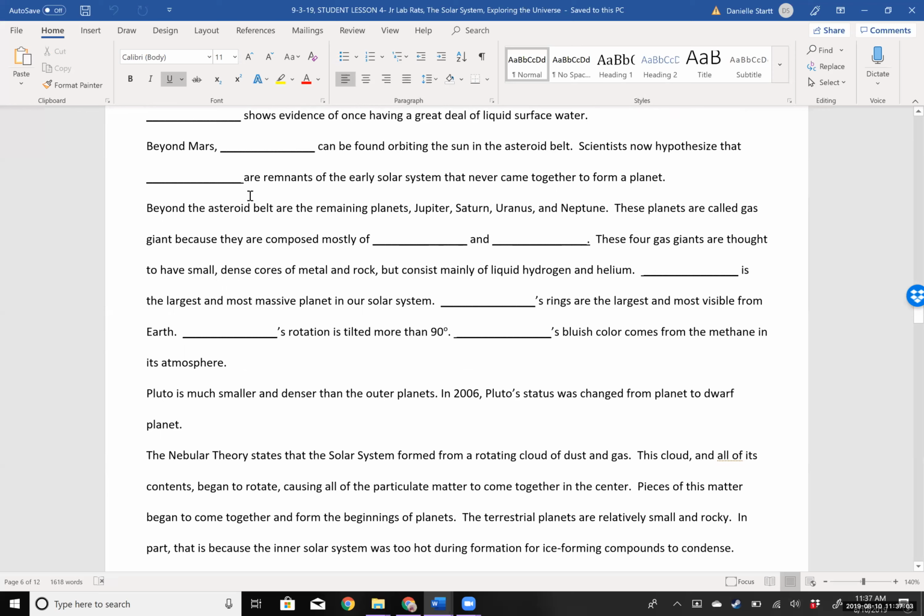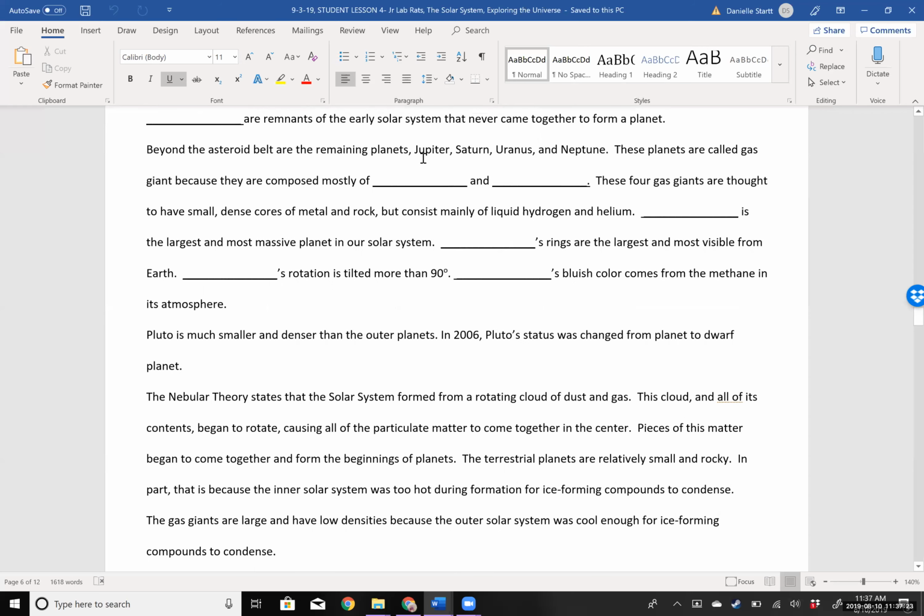Scientists now hypothesize that blank are remnants of the early solar system that never came together to form a planet. Okay, I wonder what that might be. Now, you could actually Google this sentence or these couple sentences and see if you can find the answer if you're unsure of what it might be. Beyond the asteroid